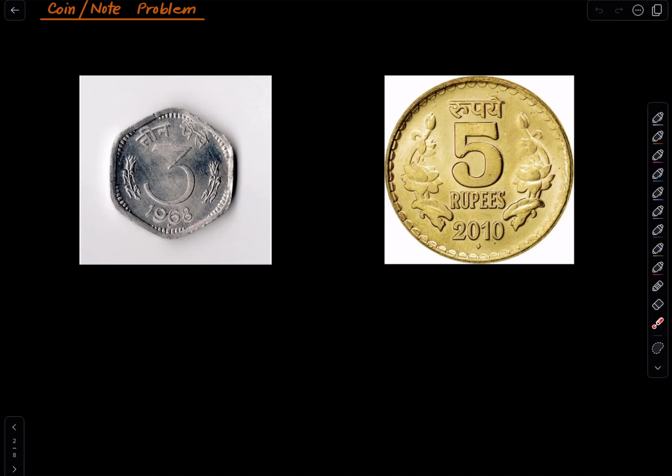The original coin problem was slightly trickier. So suppose you have a 3 rupee coin, or not just one, you have a lot of 3 rupee coins and a lot of 5 rupee coins. Let's say you have infinitely many of both of them. And just a note, today these things are not available. The 3 rupee coins no longer exist, but who cares? Mathematically, it's fine. So we have an infinite supply of 3 rupee coins and an infinite supply of 5 rupee